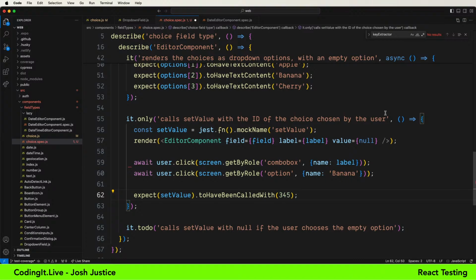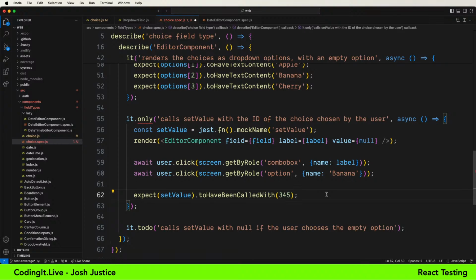And just for a bit of context, I have async here. The reason I'm using awaits in front of the user clicks is that that's the documented API of the user event library. I might even get a lint warning if I don't do that. I do not, but I know that is what's required. One of the things I love about user event is that it gives you the realism of asynchrony. That's how we got the multiple executions of the date function being called that caught that bug for us. That wouldn't have happened if we used the lower level fire event library. So we use asynchrony there, but otherwise I don't sprinkle awaits around everywhere; we just put them where necessary for asynchronous behavior. But as soon as the user clicks on this, synchronously, setValue should be called. But we'll find out if that's the case or not.